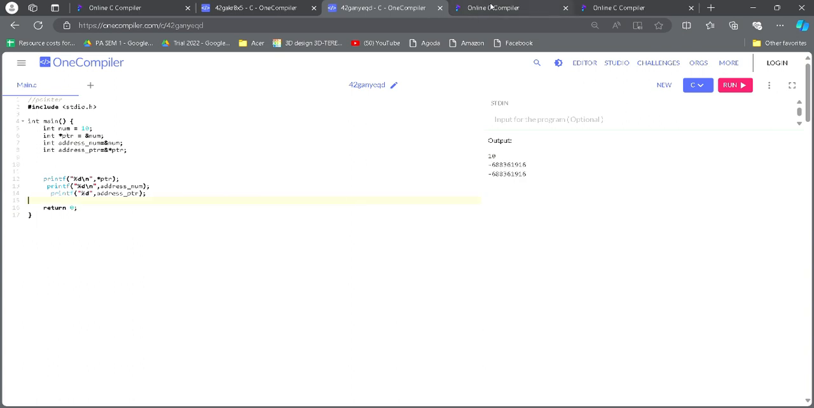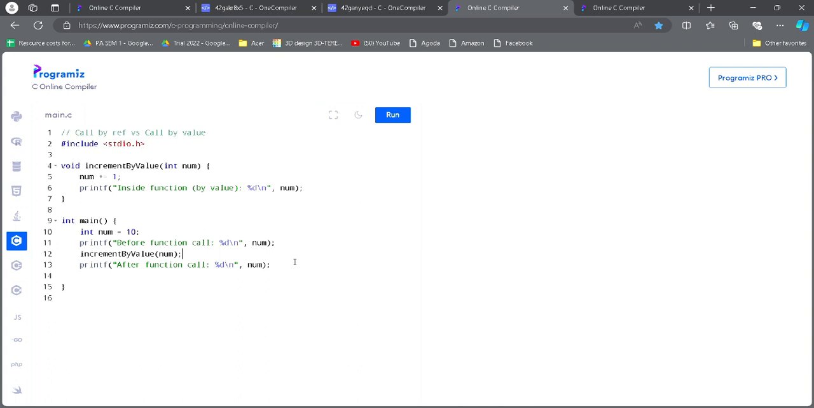And then lastly we have call by reference and call by value. So actually this is quite familiar already. Now we have the function named increment by value. We declare the function, and then the function is equal to num plus 1. So we'll print. So when we run it,